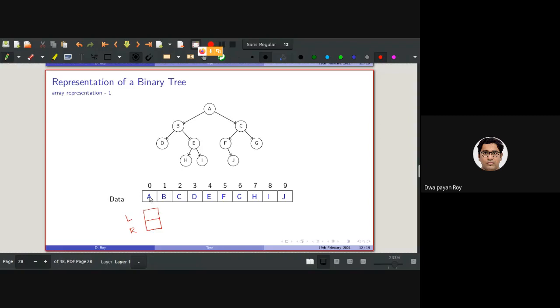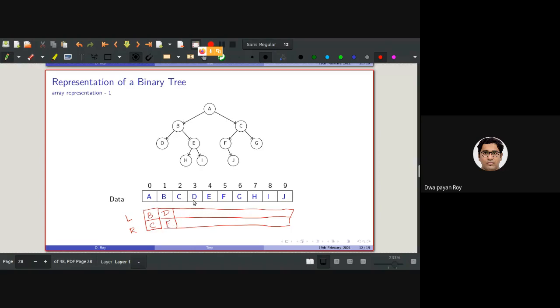The left child of A will be stored here, which is B. The right child of A will be stored here, which is C. Then this will be continued for all the nodes. The left child of B is D, the right child of B is E.